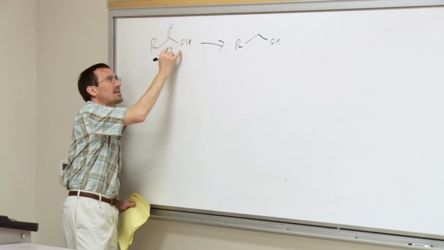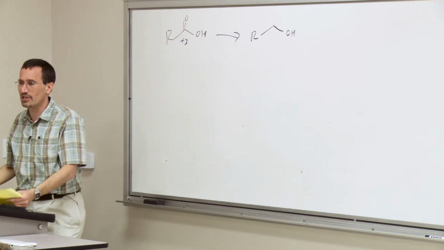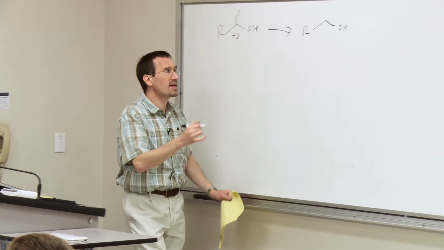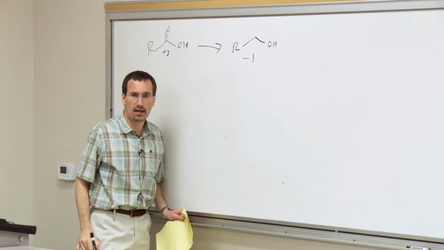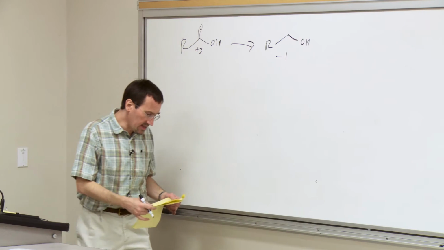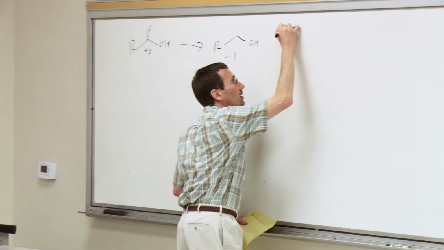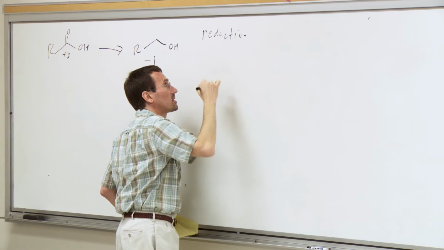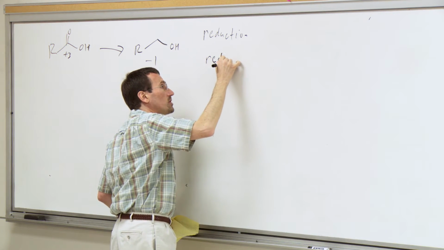Our carboxylic acid family is +3. Our primary alcohols are -1. And so we can say, oh, okay, this is a reduction. We're dropping the oxidation state. We need a reducing